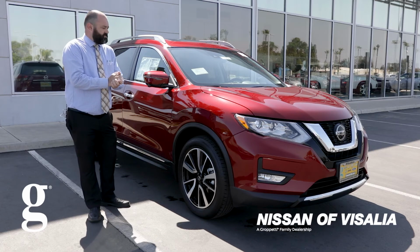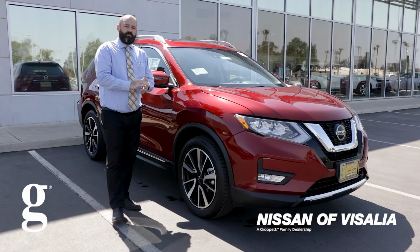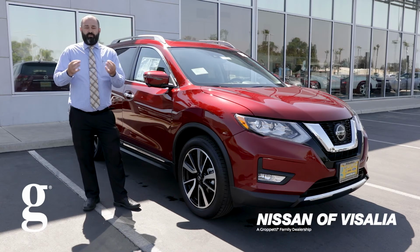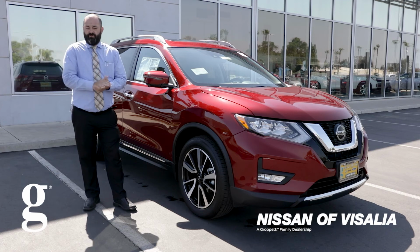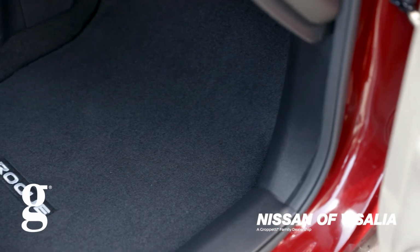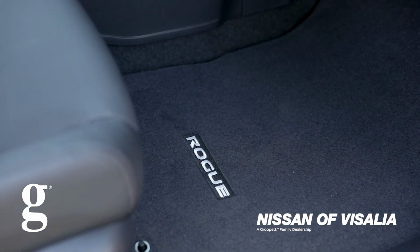A couple other things, of course, safety is hugely important in these cars nowadays. One thing most people don't know is this hood is actually made of aluminum, which is an extremely lightweight and way more safe material. If something does happen, you get into an accident or a fender bender. It comes with knee airbags. One of the first things to touch when you get into an accident are your knees, and those knee airbags